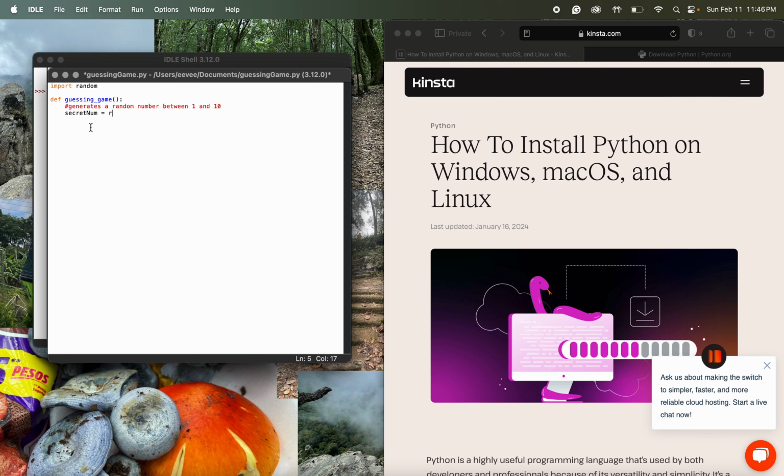Now I will be typing in the name of the module, which is random, and then a dot followed by randint. Now randint allows us to randomize numbers between a certain range and is part of the random module. Now our range will be from 1 through 10, so let's write in the parentheses here like so. So it's 1, comma, 10, that will be our range. And now that we have that,